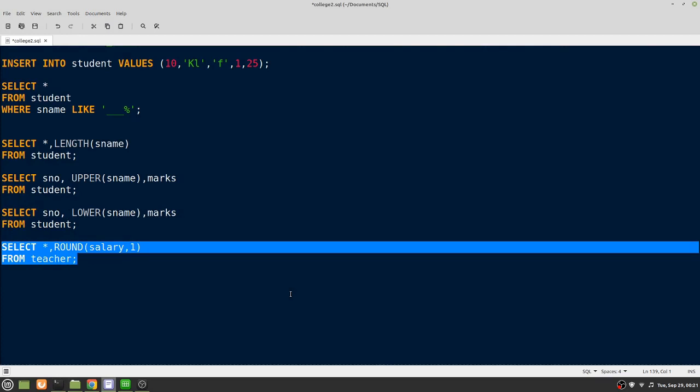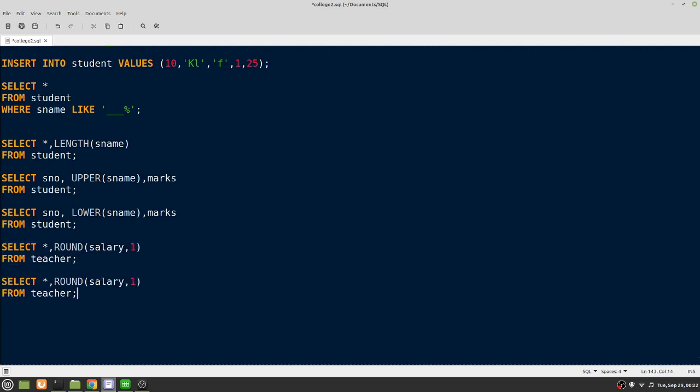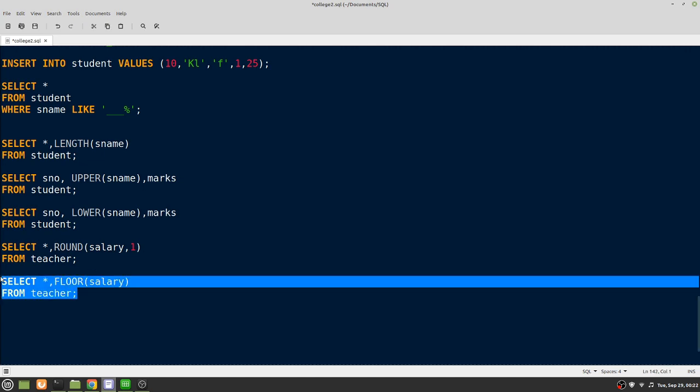Similar to round, there are some other functions like floor and ceiling. The floor function will find the largest integer less than the value, and the ceiling function will find the smallest integer greater than the value. Let's try that also. Instead of round, if I try floor, it just needs salary, no other arguments are required for floor.